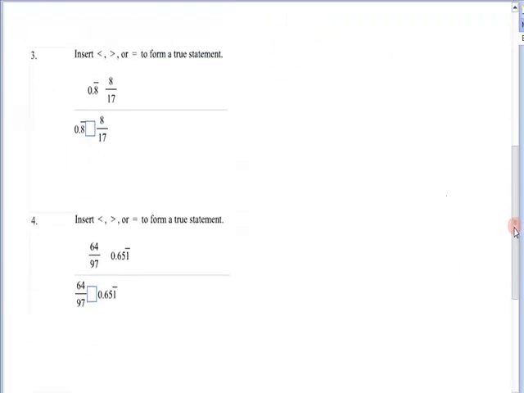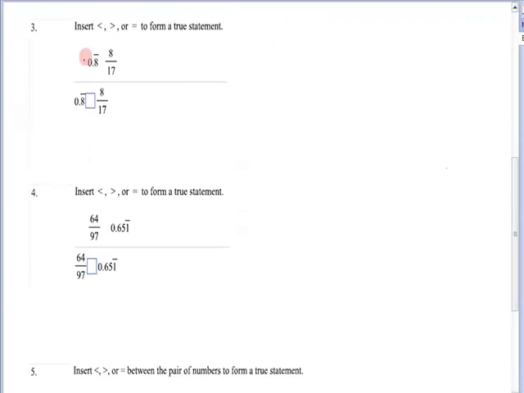Okay, next one. Now we're comparing a repeating decimal. So when we think about it, it is 0.8 repeating. We can write as many 8s as we need to until we begin to see a difference. Whoops, and I'm so sorry, that was a mistake. It was 0.8 repeating. I had the 0 in the wrong location. All right, now